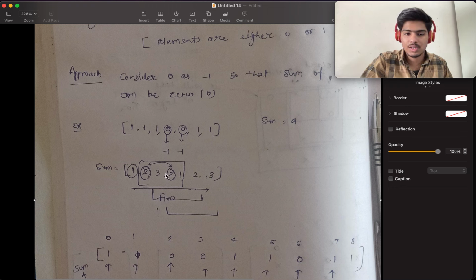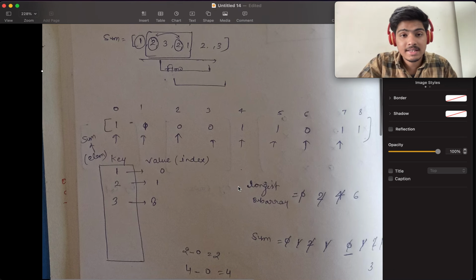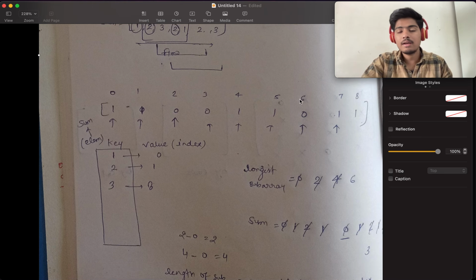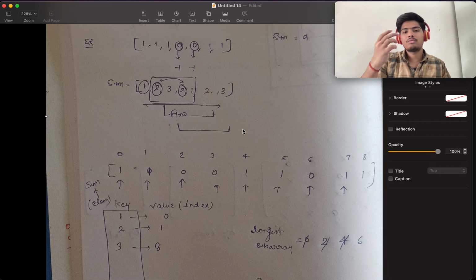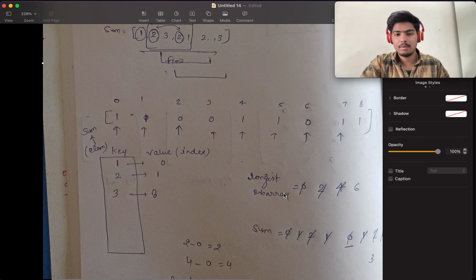Then 3 is also possible, and a subarray like 0 0 1 1 is also possible, okay. So now let's see the approach for this. If we have this nums array, what we will do is find the sum. That's why we are creating a variable sum, and we have to find the longest subarray. That's why we are creating a variable longest subarray,